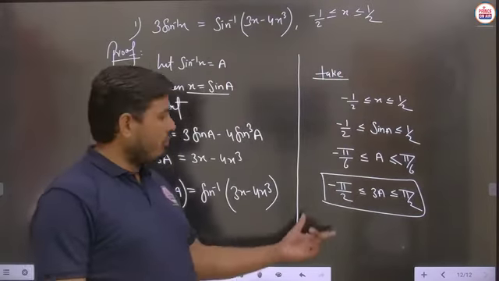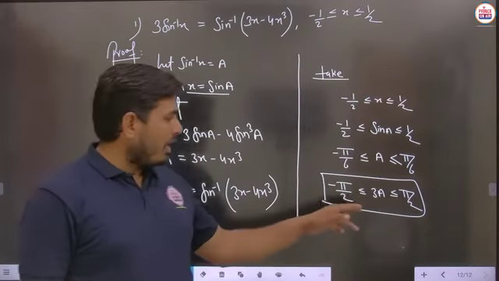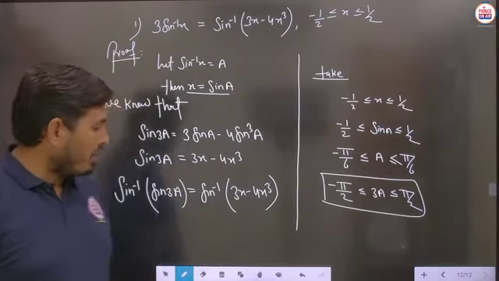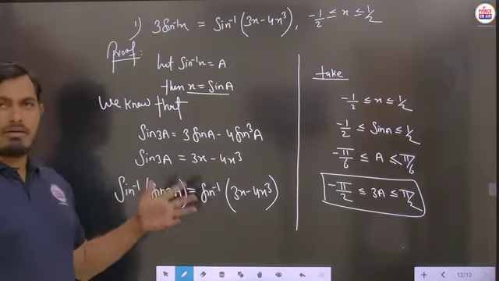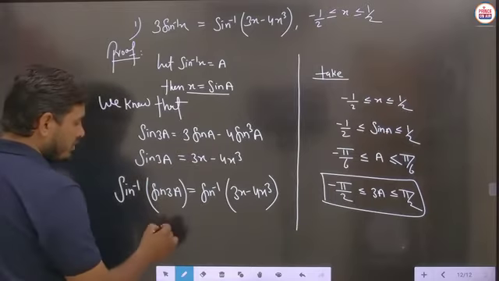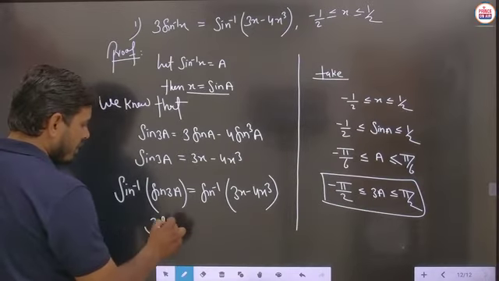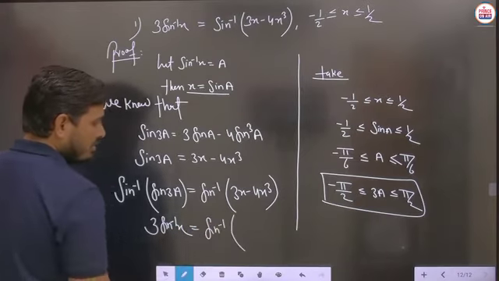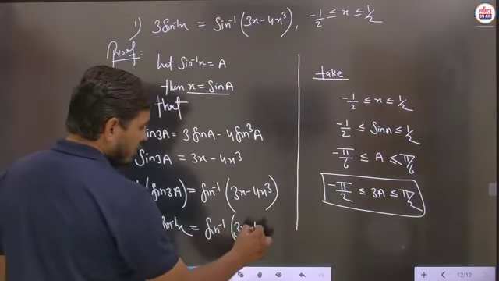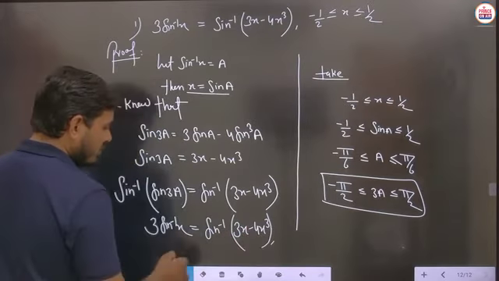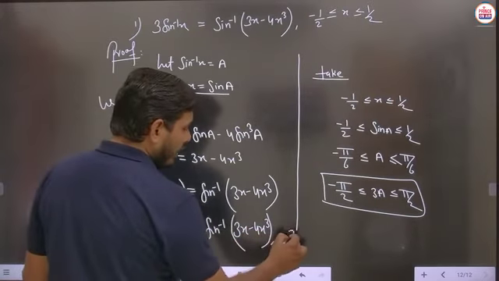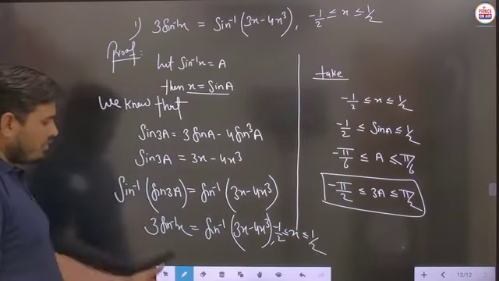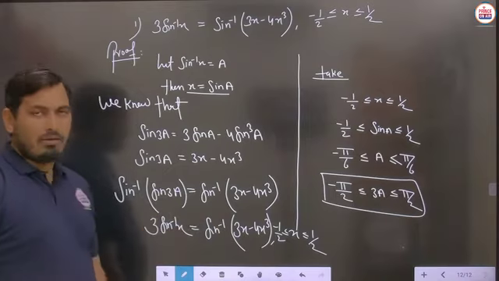So definitely you will just simplify the condition as 3a will be obtained from minus pi by 2 to plus pi by 2 closed interval, then definitely this sin inverse and sin will cancel out, and here you can write 3a, and a will be what? a will be 3 sin inverse x. So 3 sin inverse x will be written as sin inverse of 3x minus 4x cube, but this situation will be written when we have to take x from minus half to plus half, then this type of situation will be obtained. Is it clear?